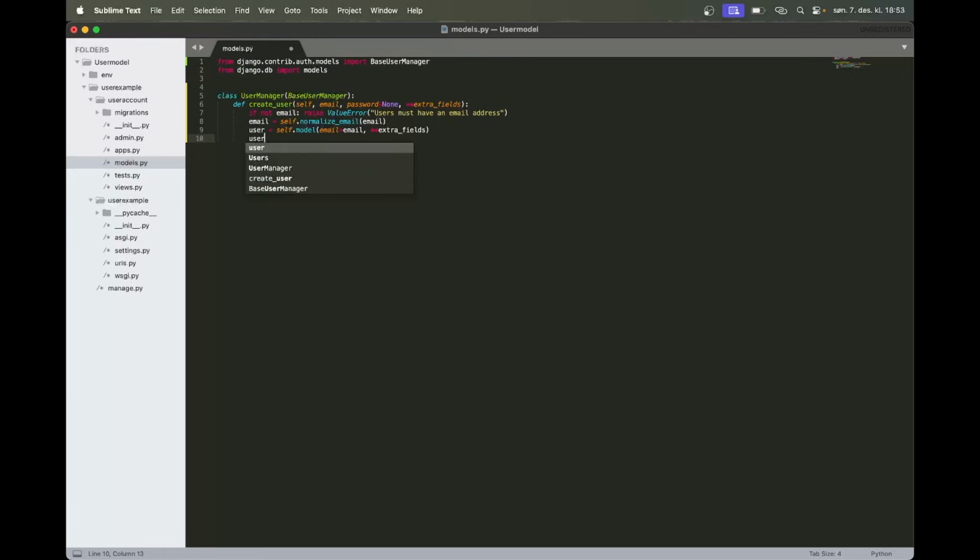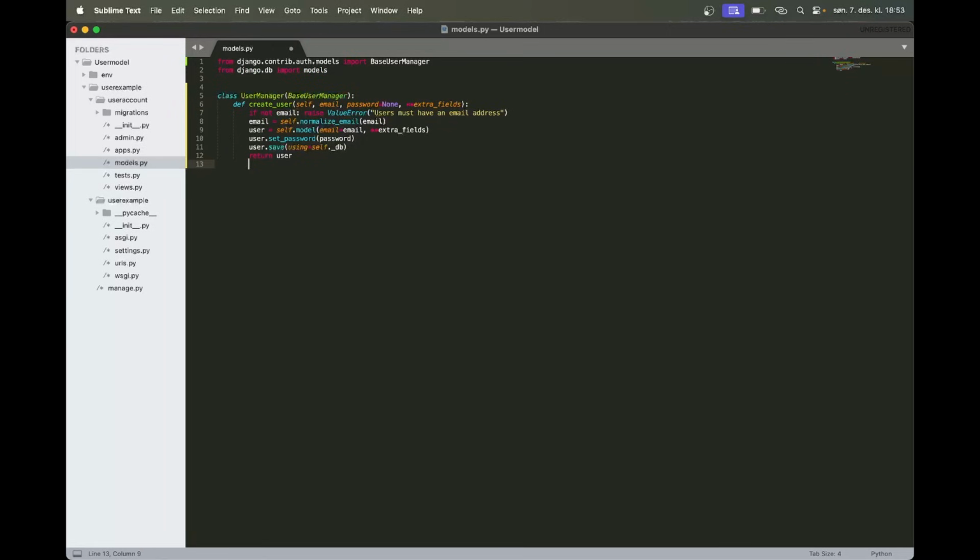Then we can say user.set_password, pass in password here so that the password for the user has been set. And then we can store this in the database by saying user.save using equals self._db, return user, and then the user we created will be returned